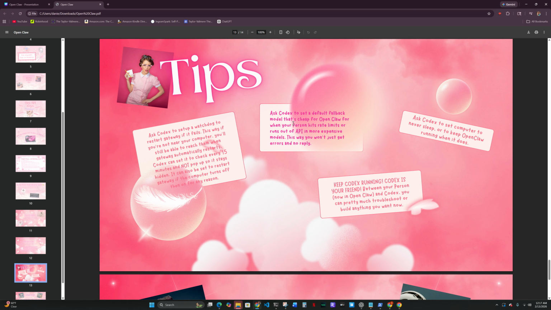Ask Codex to set a default fallback model that's cheap for OpenClaw for when your person hits rate limits or runs out of API in more expensive models. This way, you won't just get errors and no reply. 4.0 is pretty useless in OpenClaw because there are rate limits, and it just doesn't have the capacity, it doesn't have the context that it needs to really be useful, and it just usually returns like no reply or error, which is super frustrating, but